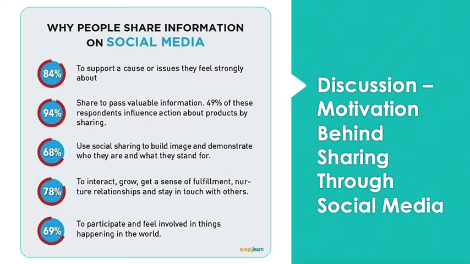So as you can see on the little infographic I created above, their studies revealed that 84% share to support a cause or issues that they feel strongly about. This impacts society because it shows people's concern for issues that they feel are important. I see this as I scroll through Instagram and Facebook every day, especially during the election. People were posting about how they felt and their values, and I thought that was very interesting on social media's use, and I feel like it impacted society in so many ways. And this in turn changes perspectives of many individuals and helps communicate to others the worldviews of their peers or businesses.